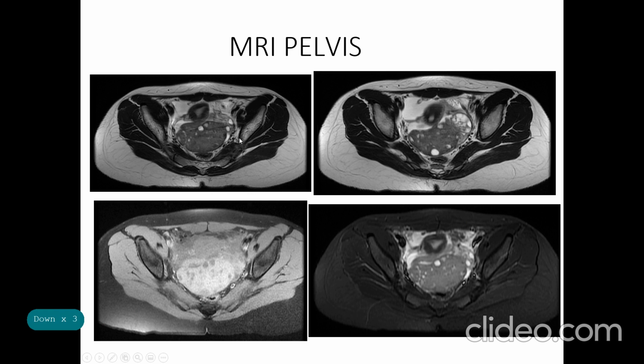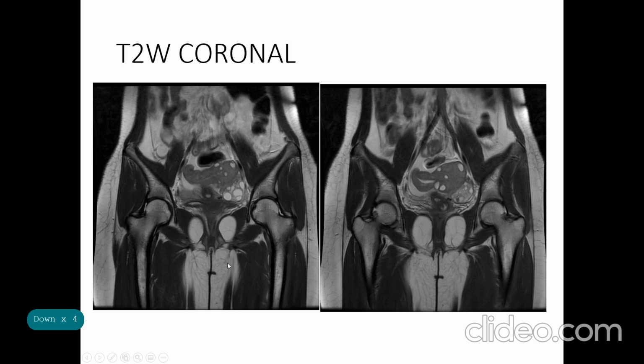Coming to MRI, these are the T2 axial weighted images. This is the normal uterus. This is the normal left ovary. This is the enlarged right ovary. And the stroma is iso to hypointense on T2 weighted images. On STIR images also, the stroma is iso to hypointense. These are the peripheral plaice follicles. On T1 weighted images, you can see the hyperintensity, which is likely due to hemorrhage or necrosis.